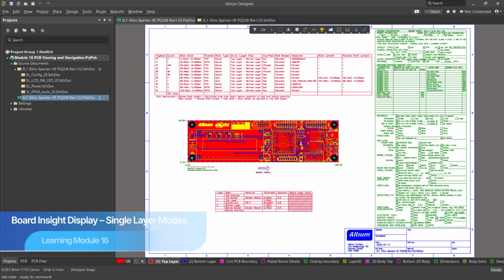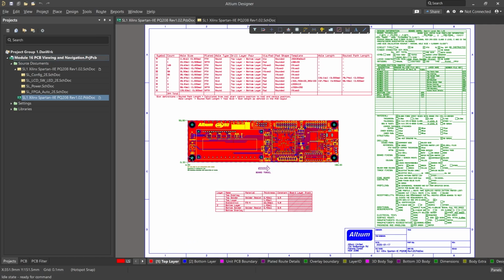Single layer modes allow us to highlight the current active layer by hiding or dimming other layers. Let's explore why and how we can use this feature. Single layer mode is very useful when working on a specific layer and when we would like to momentarily hide